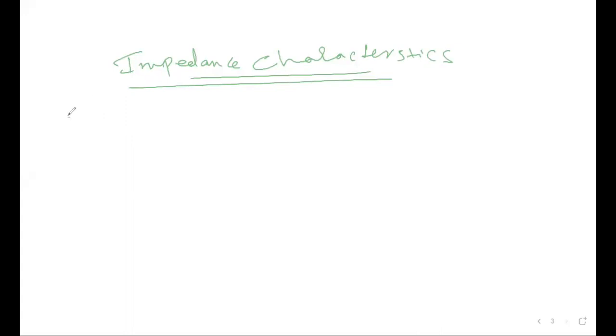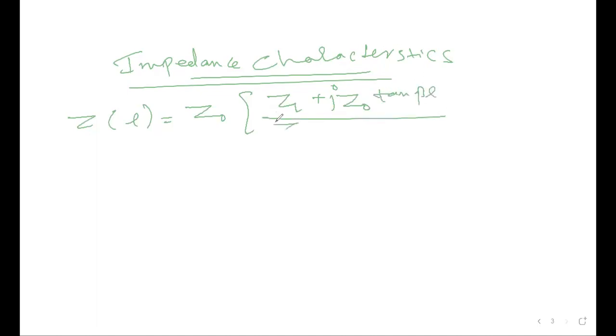See, we have the formula of Z, Z at any point. If I talk in terms of a lossless line, we have the derivation. We have all derived this. So you have tan of theta L, which will be ZO plus JZL tan. So you all have derived this.